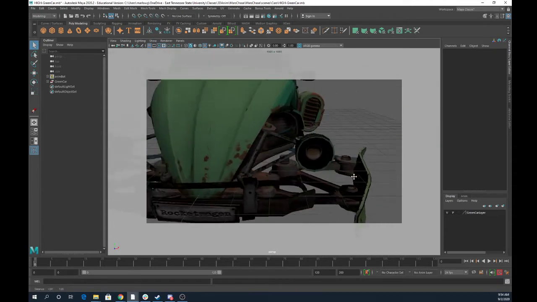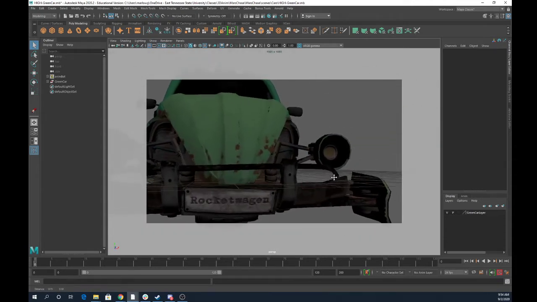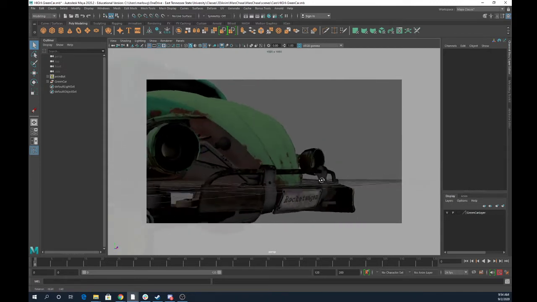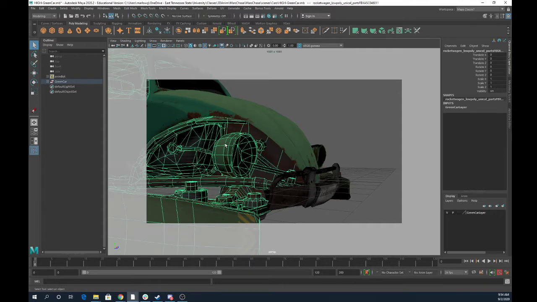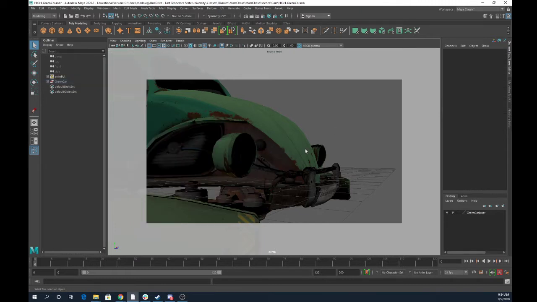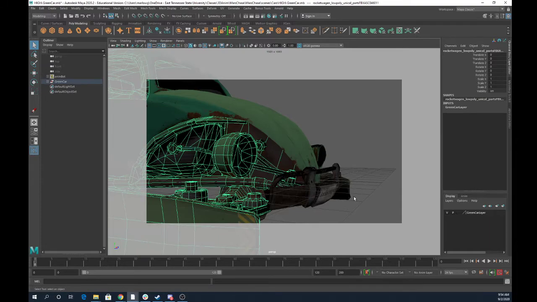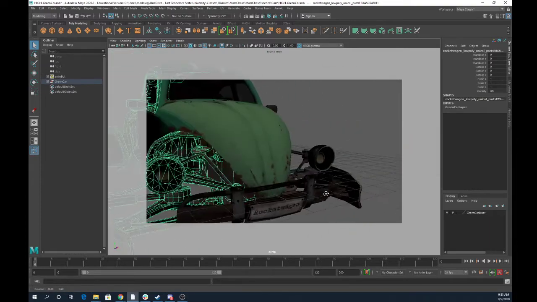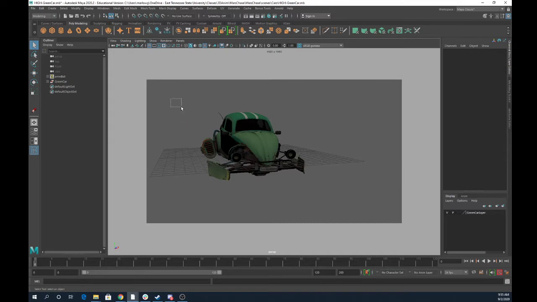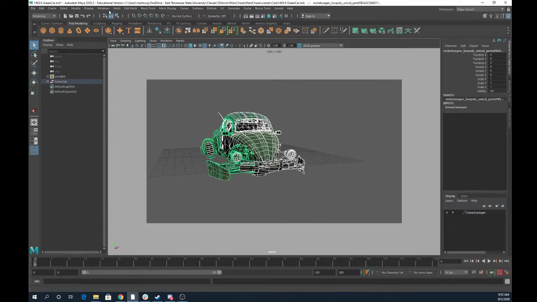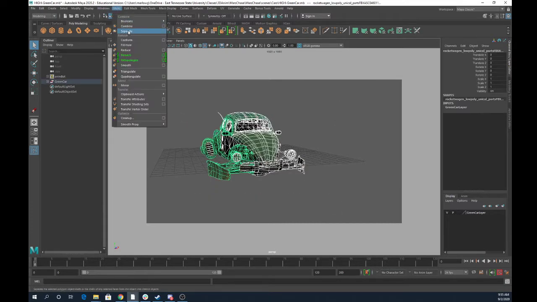So there may be some shots where, let's say, we have a relatively close-up shot on the front end here. Let's say this is the shot we want, and in that shot, I want the headlights to be rattling. Well, this is not necessarily set up for best practices for that. It may be a little bit messy, but one of the things you can do is select all of this, go to Mesh, Separate,